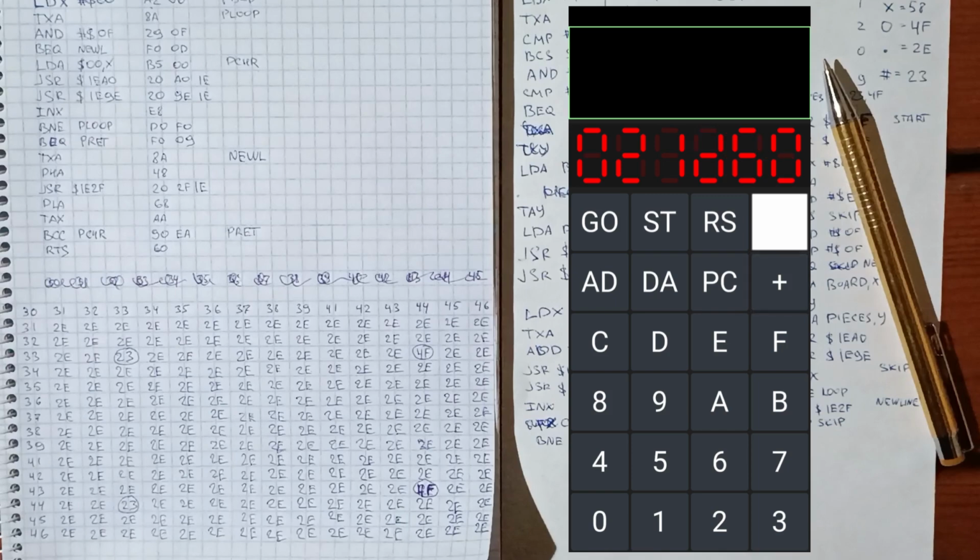And I hold my breath, and if I do everything properly, this should now print